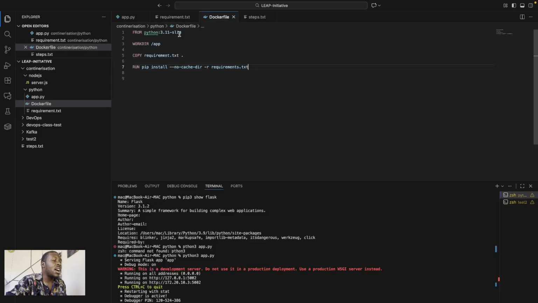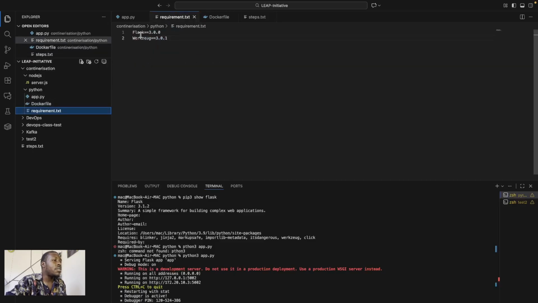The Dockerfile will build and run the commands from top to bottom. So this has already run. So now it is telling Python that upon the startup of the container, the pip, the Python that has been installed, is going to install Flask and is going to install Werkzeug.